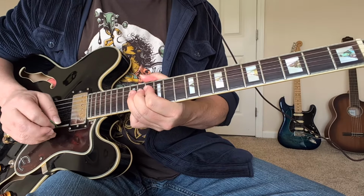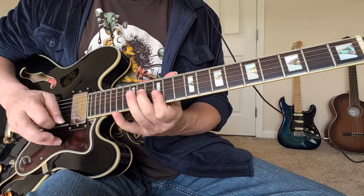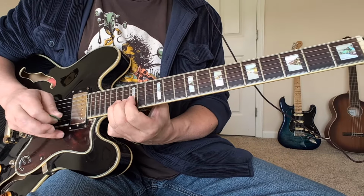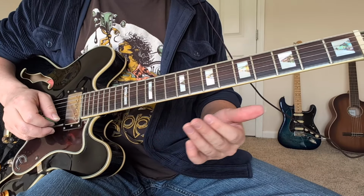Bending this 15 a lot. You'll bend this 14 a lot. You have this 12, 15, 12 riff. Stuff like that. You're going to go. You got that kind of thing where you move into the higher position. So we're going to take a look at some of these leads, but let's look at the full arrangement of